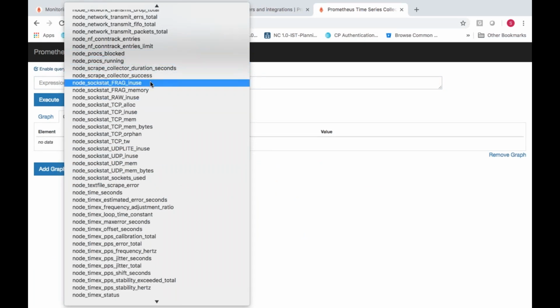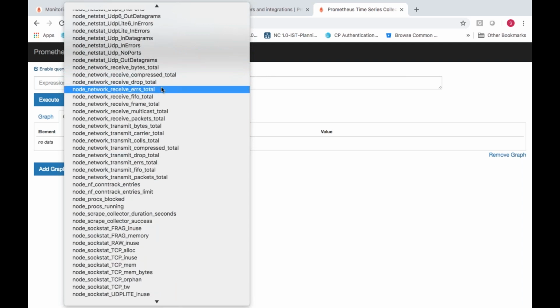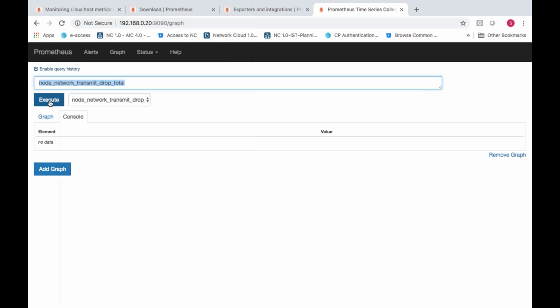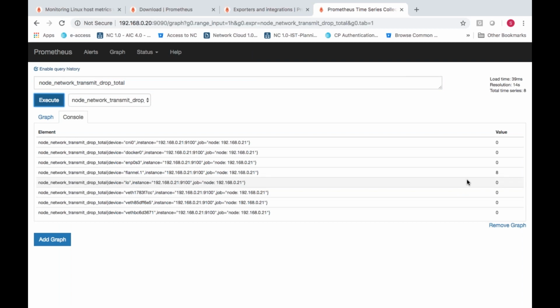Let's say network received. We don't have any values, only for one we have values. What is it? Network transmit drop total, flannel network related information. You can see how many interfaces we have for that particular node: CNI0, Docker0, ENP0S3, flannel.1, and the LO interface, which is the local interface, along with a few more.